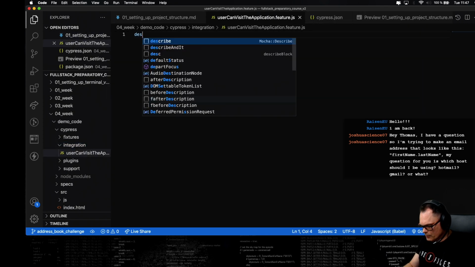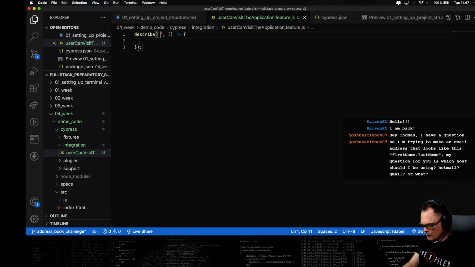And here we want to do the describe block, and we're just going to say user can visit, I don't know, visits the application URL. And here I have a problem, but anyway, we can do a very simple it block